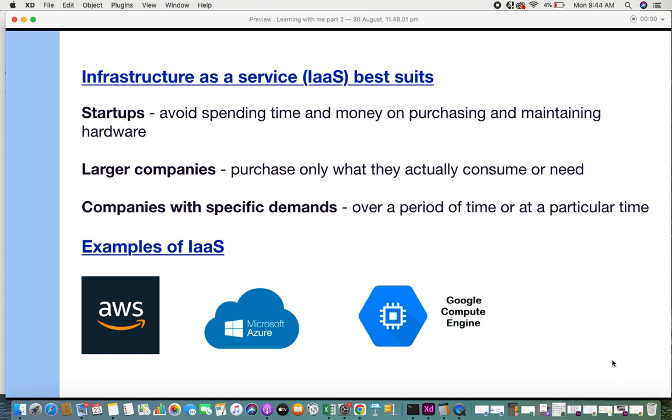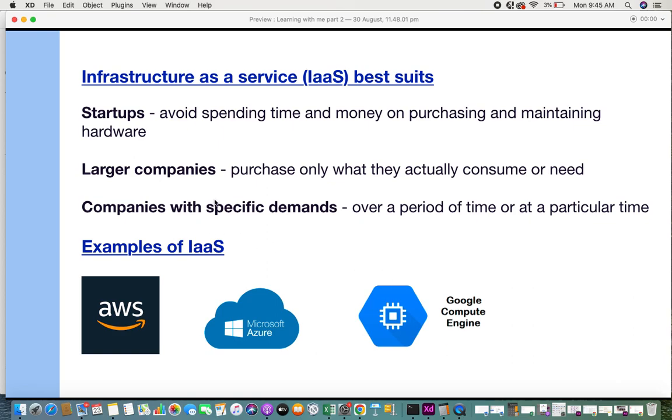If you ever got a chance, you would have seen in your colleges and universities, or if you were part of a startup company, or even mid-sized companies, that there is a server room that has all this infrastructure, and it needs air conditioning, constant maintenance, and people who can manage that. It takes a lot of time, effort and money. Startups sometimes do not have all the money required for this, so it's good that they avail infrastructure as a service, because they get the infrastructure when they want, and they just pay for how much they use.